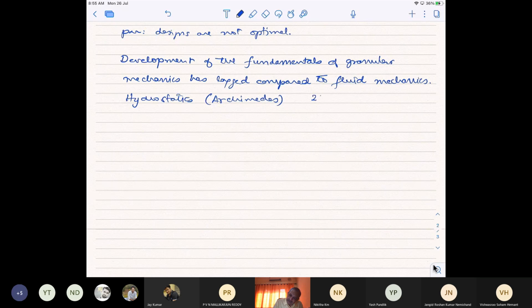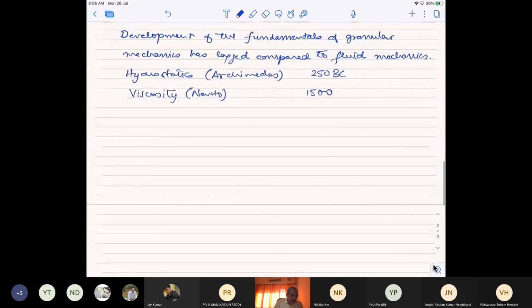That is many BC. Then the idea of viscosity and inviscid flow. So viscosity, from the time of Newton, that is around 1500 AD. And the Navier-Stokes equation, which is the fundamental equation for fluid flow,